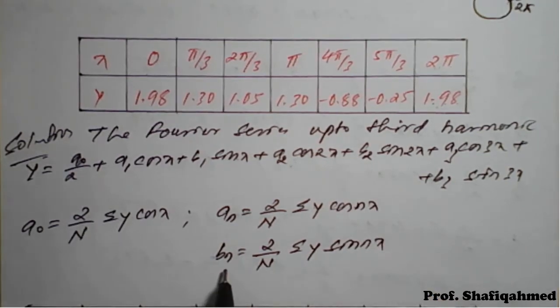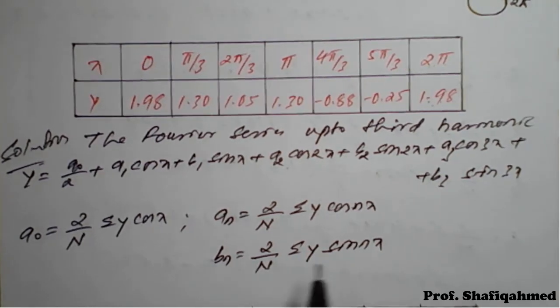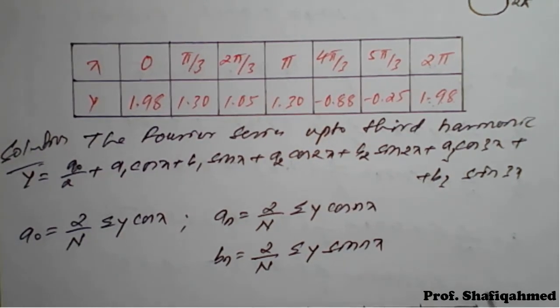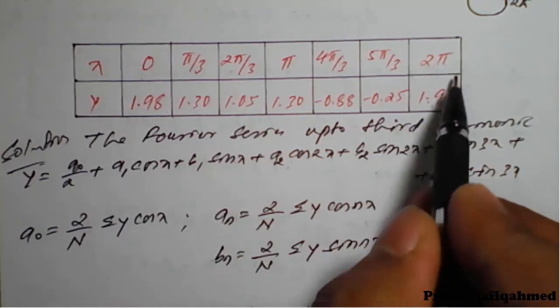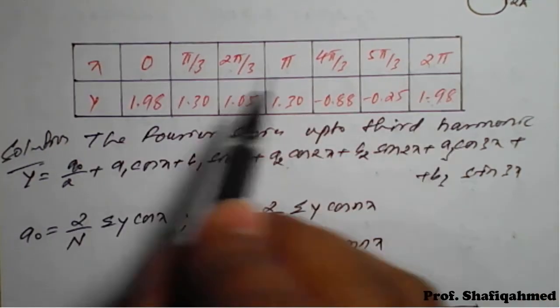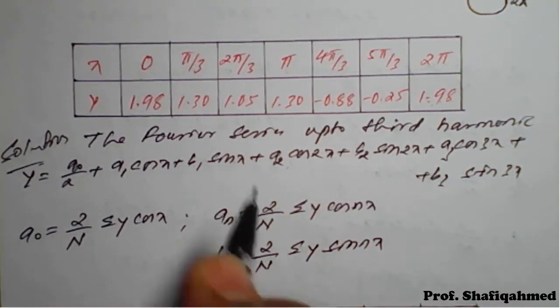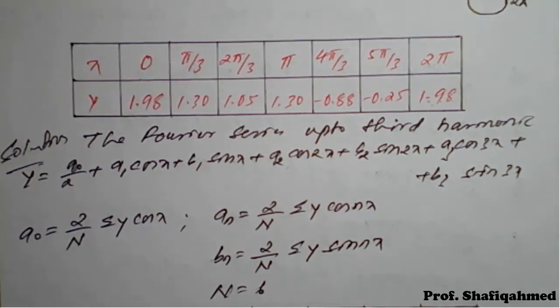If you put n equal to 1, you will get the b1 formula. For n equal to 2, we get b2, because it becomes sin 2x. When n is equal to 3, we get b3, and here we get sin 3x. Like that we will get them. As I told, we will omit the last value, so 0 to 5 pi by 3, therefore the capital N value, if you count 1, 2, 3, 4, 5, 6, is 6 here.